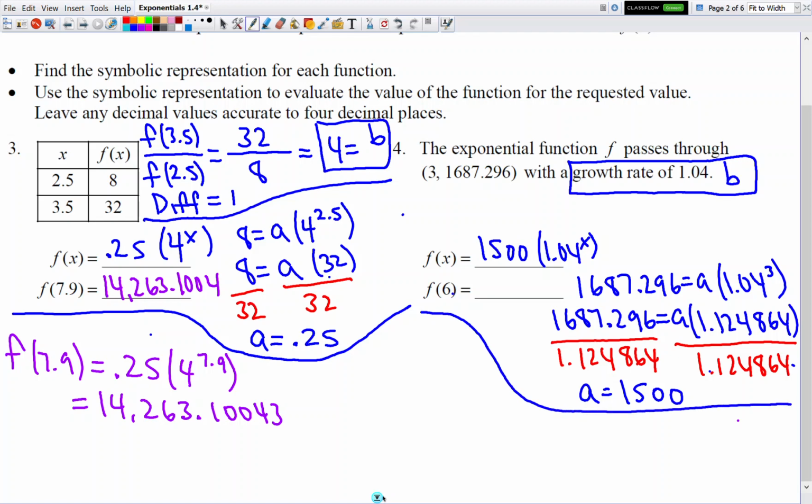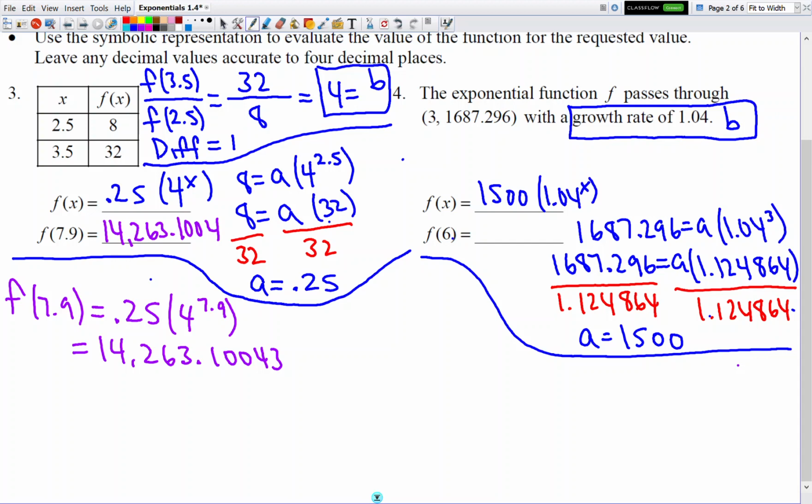Okay, so now we have to put this equation that we just found to use and solve when x is 6. So f of 6 means I want to plug in 6, yeah? So I plug it into my equation that we just found in the previous step. So 1,500 times 1.04 to the 6th power. So luckily, like I said, you can punch in this problem exactly how you see it in the calculator. You just put 1,500 parentheses 1.04, then you put the power, close the parentheses, and you hit enter. And when you do that, you get